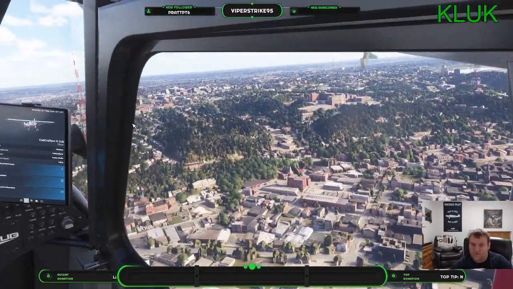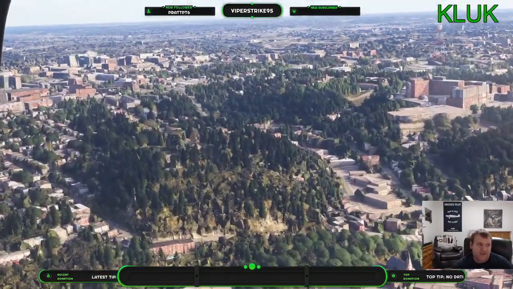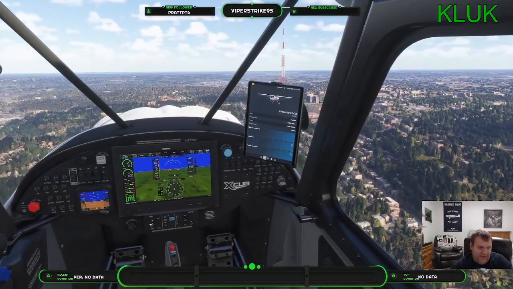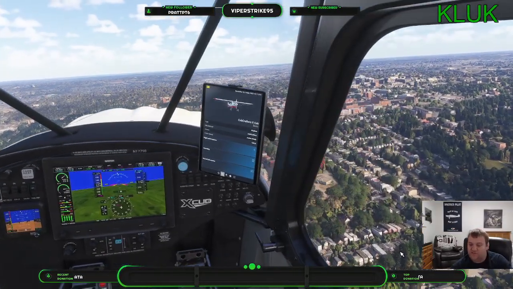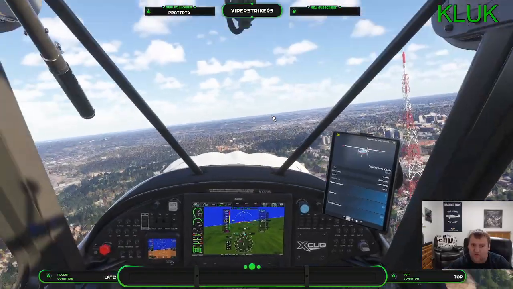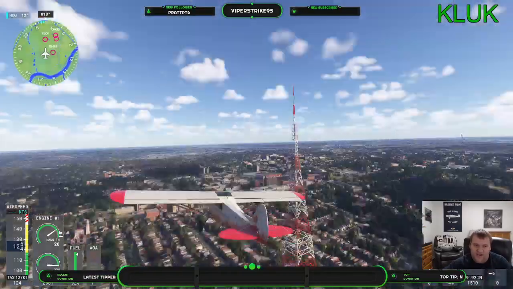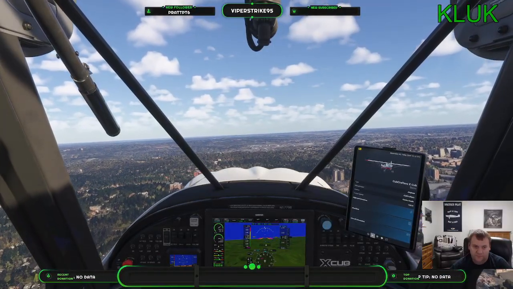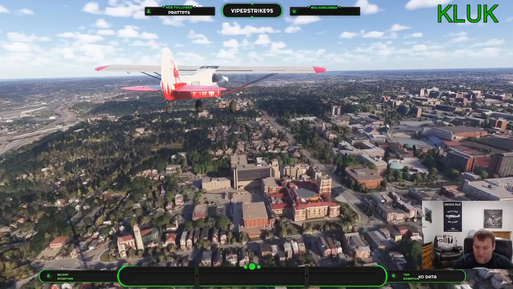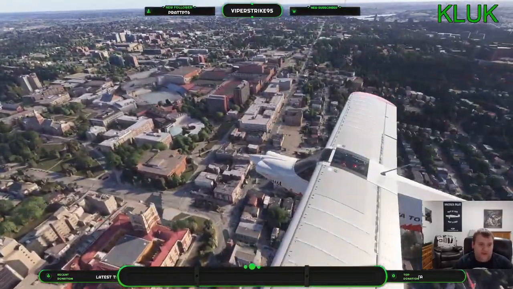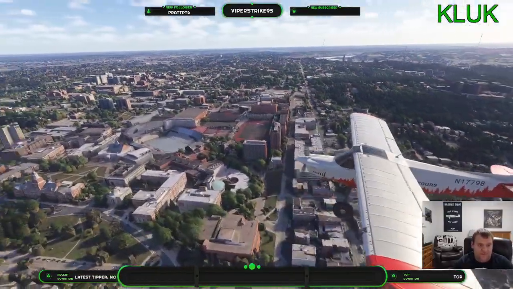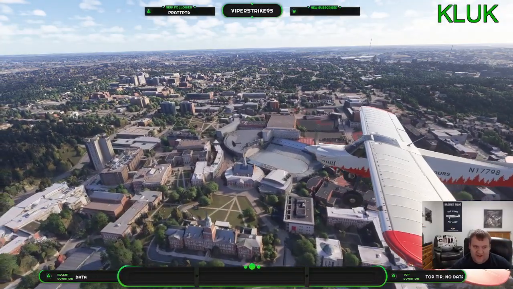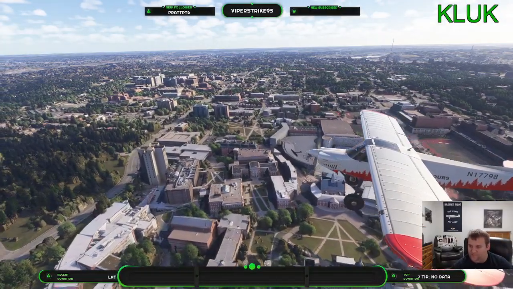Over to our right, of course, is the University of Cincinnati, home of the Bearcats. They play at Nippert Stadium, one of the oldest in college football, by the way. Nippert's a very old stadium that seats around 30,000 people. So here's Cincinnati and the campus of the University of Cincinnati. Pretty cool university, though.